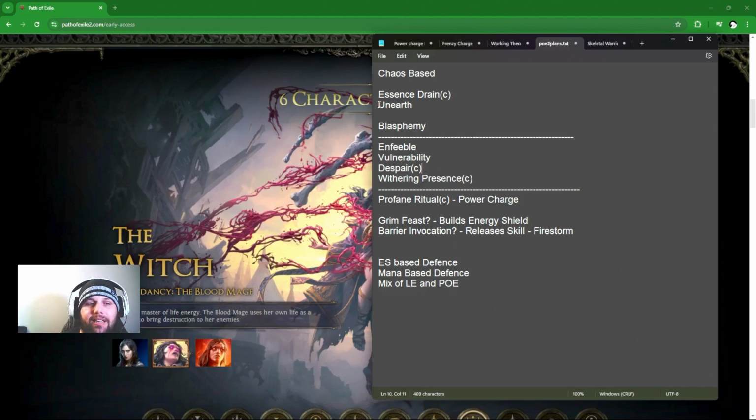But in this case, we're using mainly attack skills. This can be used with some minions. I'll show a minion side, but this is like the chaos side of it. Withering Presence and all that used with Blasphemy. The Spirit will be actually used to use these because Spirit is obviously auras, power charges to get through Propane